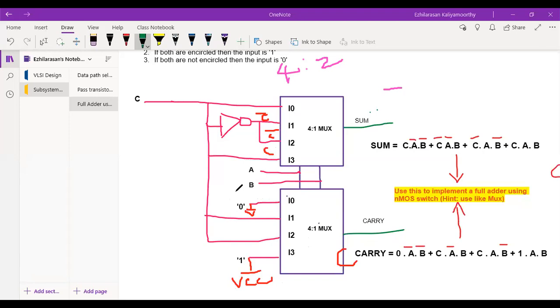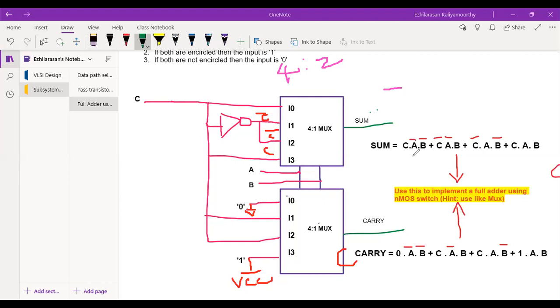So when you have an IC and you are going to implement the full adder using a multiplexer IC, what do you have to do? Simple: that terminal you connect to ground, and the other terminal you connect to the power supply. Then when you apply the inputs A, B, C, I get the sum and carry outputs. Now from this, I can write the expression for the sum. You may remember how we wrote the Boolean expression for a multiplexer.